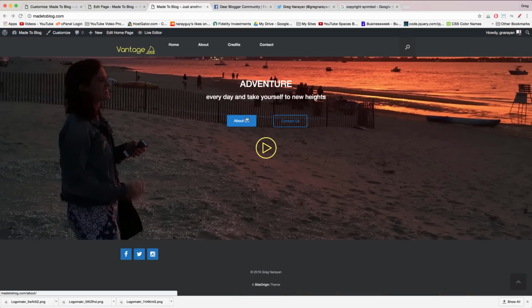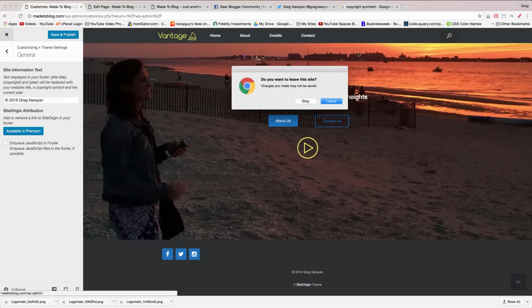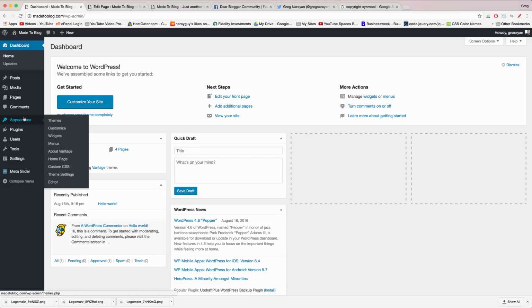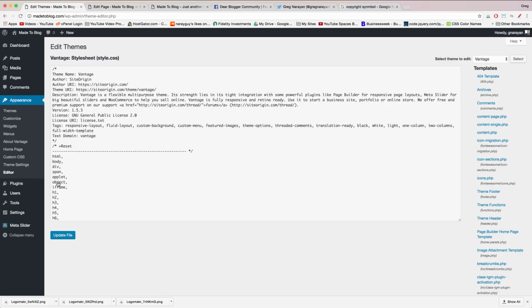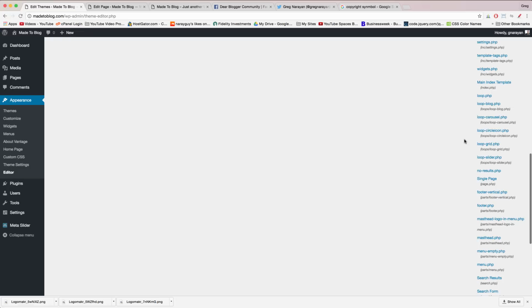And then enough of you have asked me how to remove the site origin theme credit section as well. So I figured out how to do that. You just need to go to the dashboard, leave the customize area, and come over to where it says Appearance. And then hover over Appearance and click Editor. And we have to actually change the hard files behind your theme. Just come down to where it says